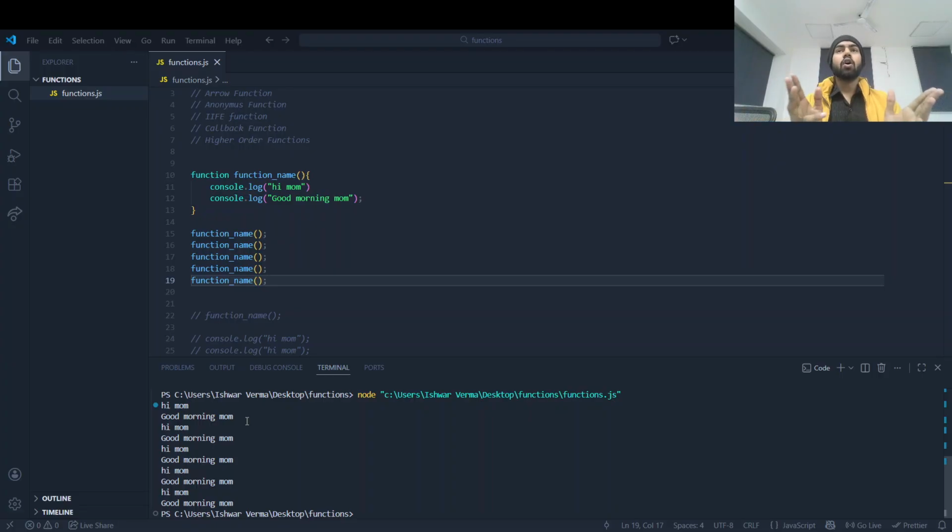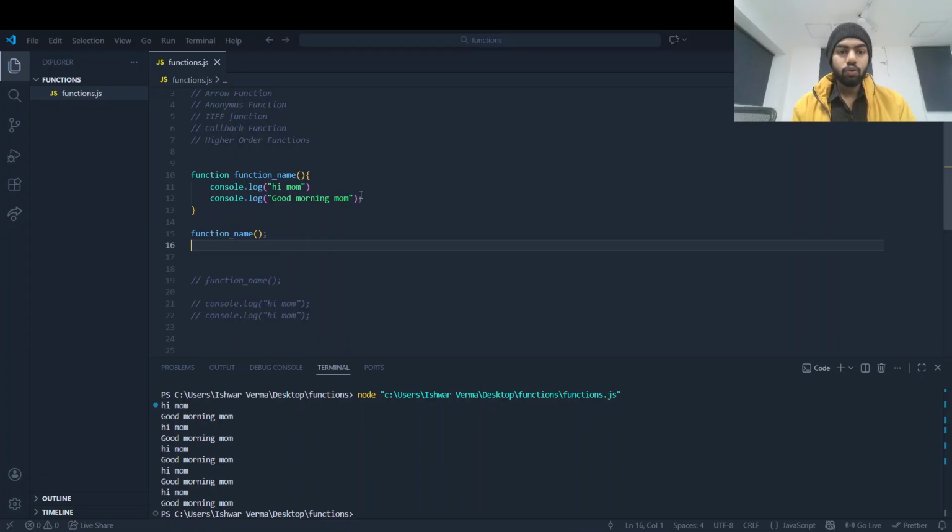If I want to call my brother, my sister, my father, and our friends, how can we do this? Think guys, think. Now I am going to tell you about parameters in functions.